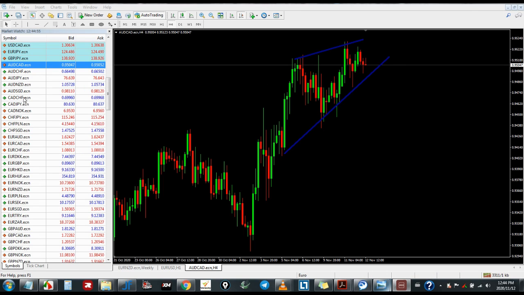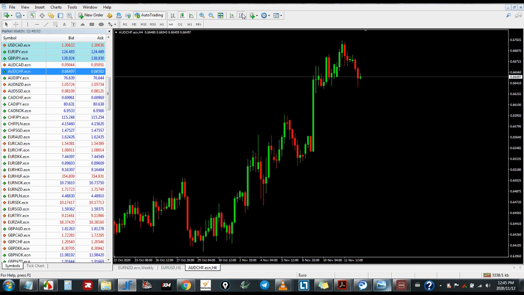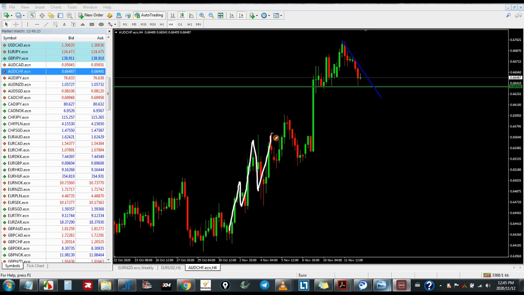So let us look at two more, and then we are finished with this chart. Let's look at AUDCHF, then we're gonna go to AUDJPY. Remember that the other one is saying sell, the other one is saying buy. So this one, definitely in this range, maybe this one is in line with buying. We can see that there is an impulsive move to the upside. So right now, if it breaks above, then it agrees with buying. So two more are agreeing.